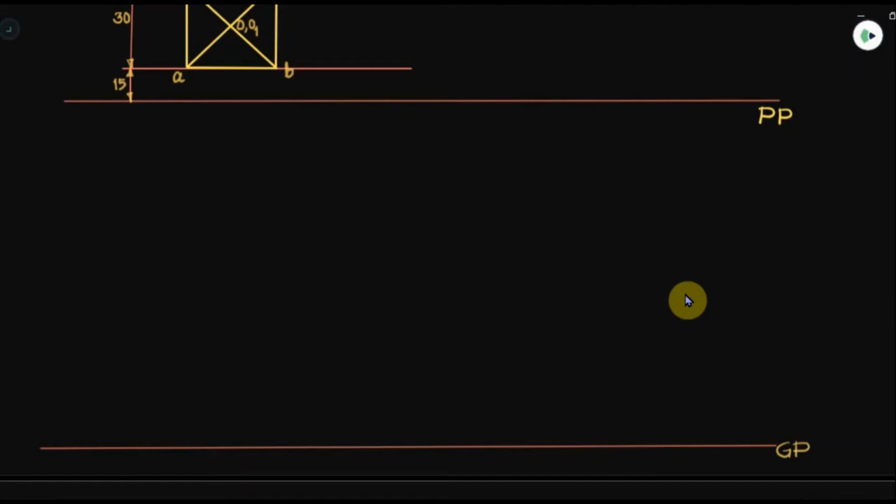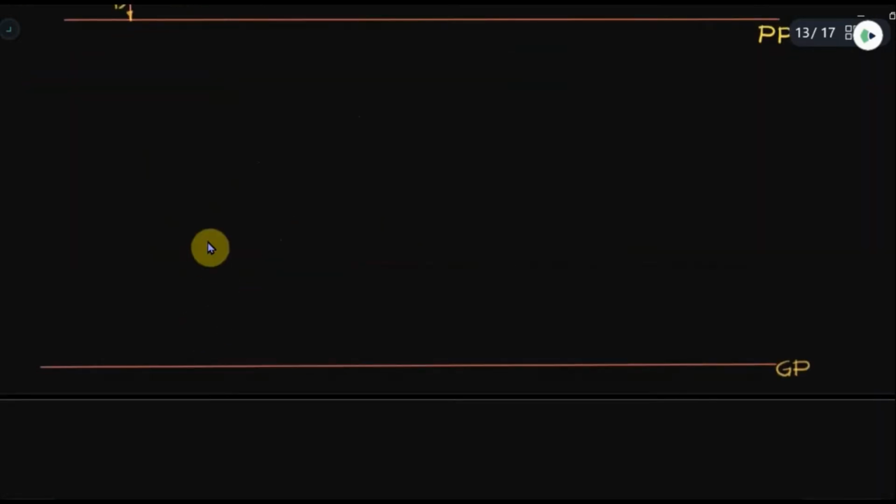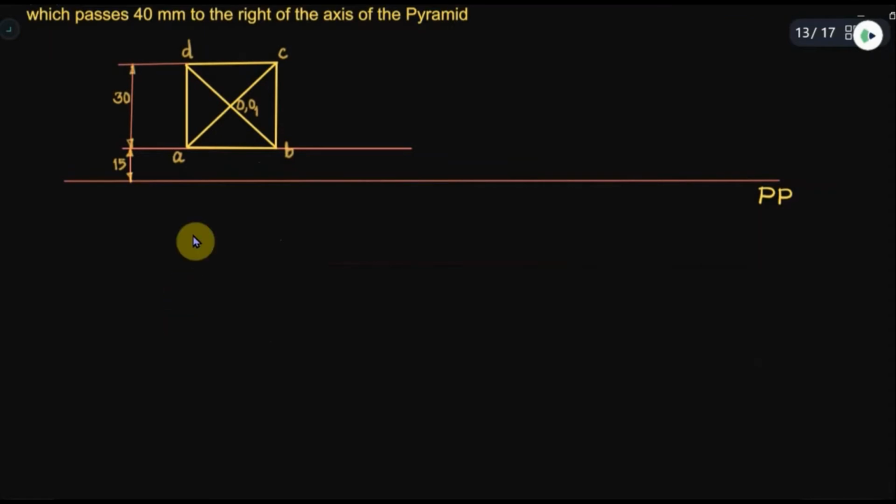And the front view you have to draw here, because the solid is now resting on the ground plane on its base. So we know that the front view of this solid, the square pyramid, is a triangle. Usually we will draw that above the XY line. So whatever we used to draw above XY, that we have to draw above GP, treating this as the ground now. Okay. So we need to draw the front view.